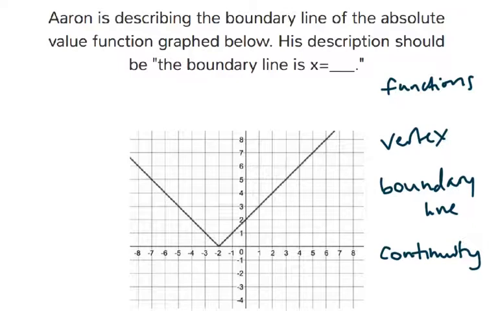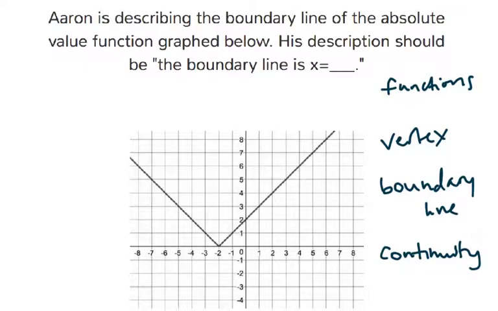Graphically, these have to be graphed as piecewise functions. So let's take a look at this example over here. Aaron is describing the boundary line of the absolute value function graphed below. His description should be, the boundary line is x equals, well, let's take a look at some of the parts